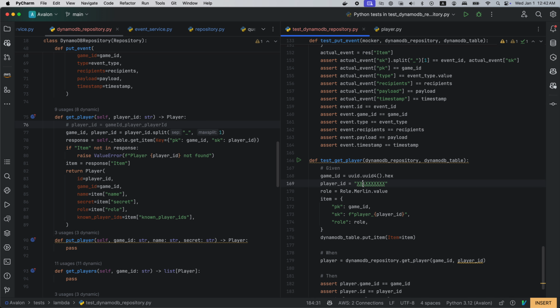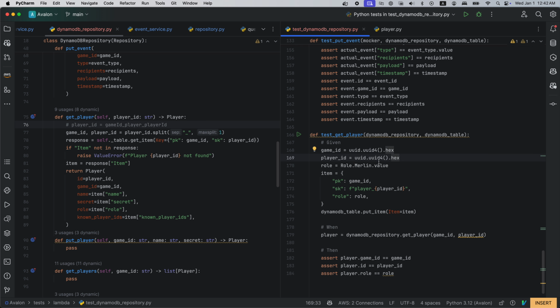Okay, game ID equals this. Player ID equals to... okay, the player ID is really... okay, this is another Merlin.